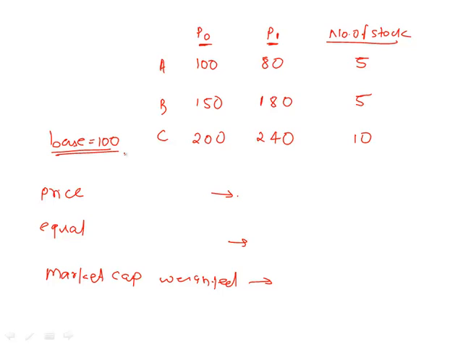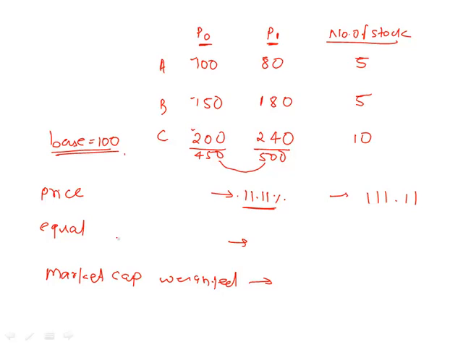Should I do this now? See this, in case of price weighted, just one example, it should be fine. In price weighted, the weights are these prices. So the total value of the portfolio was 450, and the value of the portfolio now is 500. That means on an average, if you had one stock of all of them in the portfolio, the value of the portfolio has increased by 50 on 450. So that's about 11%. How much? 11.11%. So your price weighted index value would become 111.11.